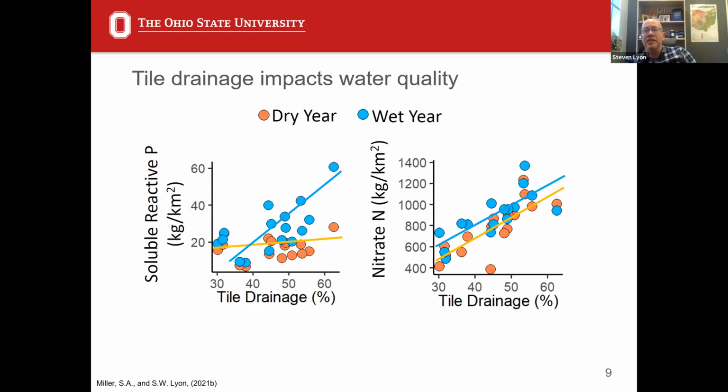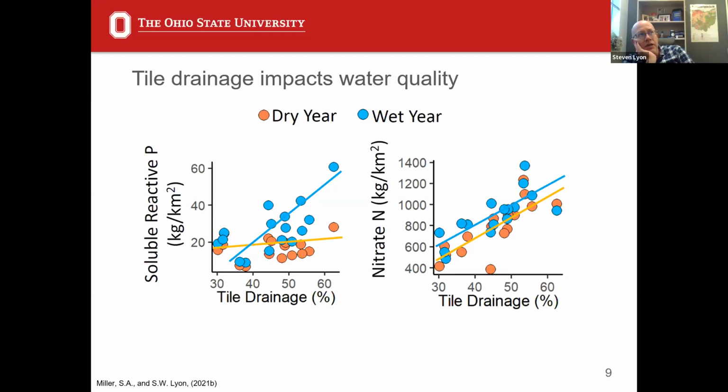And that can also make some sense, as this is surface-applied phosphorus that can be flushed through the system quickly, or perhaps be contributed through other flow pathways out of the system. So depending on if we're in a wet or dry year, the phosphorus may respond differently as it moves through our watershed systems. However, across both nutrients, as we have more tile drainage, we definitely have active pathways by which nutrients are transported from agricultural fields to our river systems.